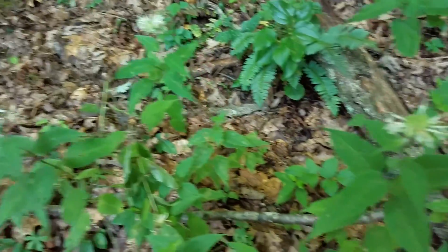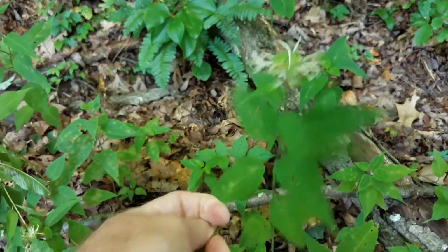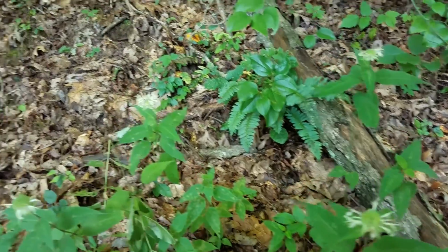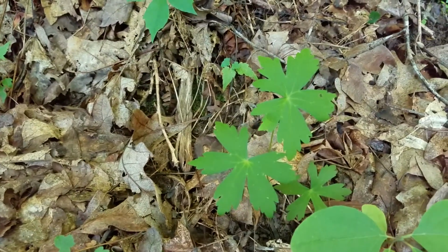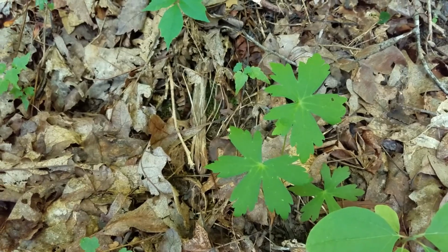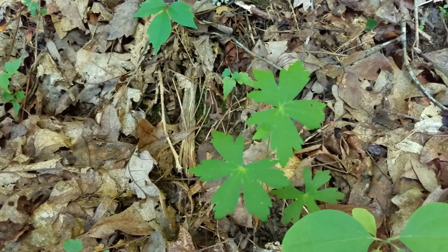Bergamot is another name, but this can be used. You can collect those leaves and you can make a mint tea out of those. Another one that's close by here, and one that I'll point out, a lot of people may not realize that it's edible, but the wild geranium that blooms with such a nice blossom in the spring,